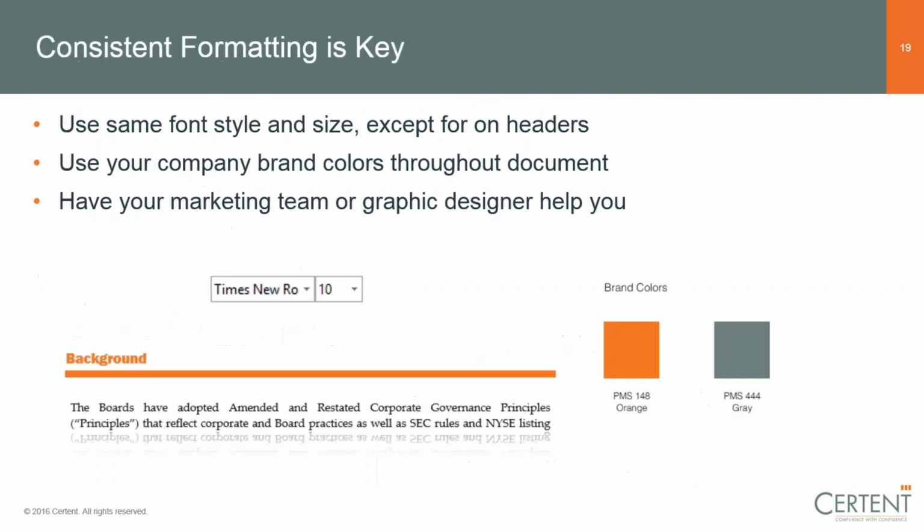Now, consistent formatting is going to be key throughout the document. You want to use the same style, the same font, and keep the same size, except for headers. Headers are going to be a little bit different. Generally, they're going to be a little bit bigger, maybe some bold, kind of stuff like that. But you want to maintain all that consistent formatting throughout the document so that it looks good and maintains that